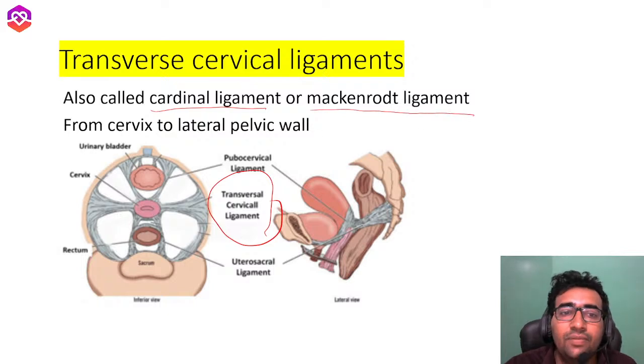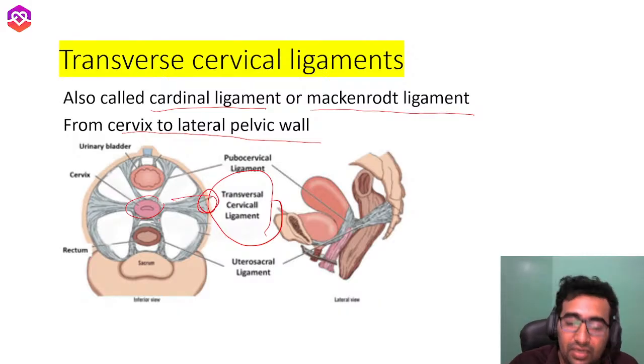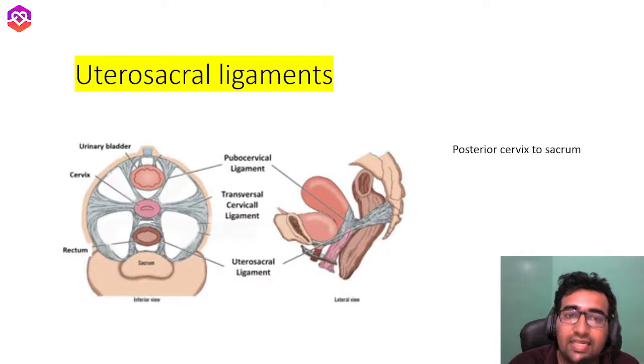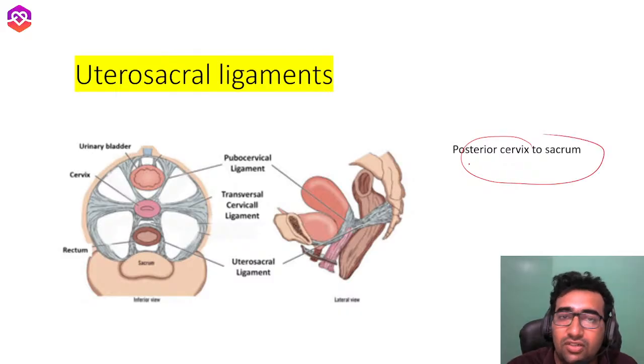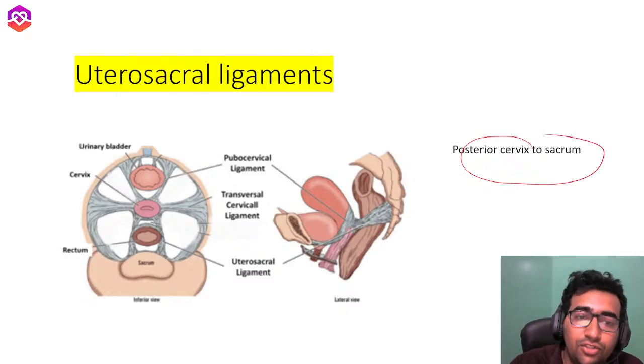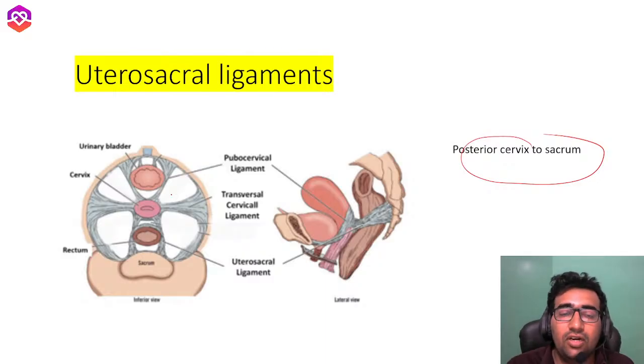Okay, whatever may be the name, its cervix to lateral pelvic wall is the attachment of this ligament. Now uterosacral, from uterus to sacrum, posterior cervix to sacrum. You can see that uterosacral ligament, posterior cervix or uterus to sacrum. Sacrum, you know, the sacral bone, after cervical, thoracic, and lumbar bones, and sacrum and coccyx, that's sacrum. You can see the positioning of the uterosacral ligament in this figure also, from uterus and posterior part of cervix to